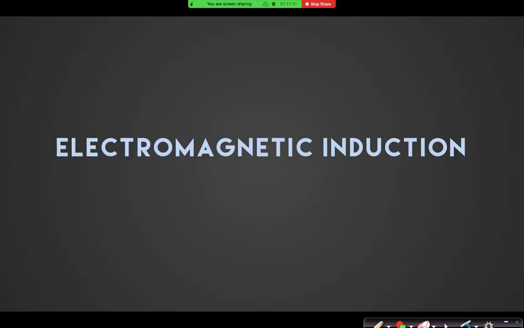Let's start electromagnetic induction, a very important topic. From here, you will get to know how electricity is generated, how we are getting electricity in our daily life, right? We get electricity from the magnetic field, right? In the last chapter we studied how we can get a magnetic field from current. Now in this chapter we will study how we get current from a magnetic field.